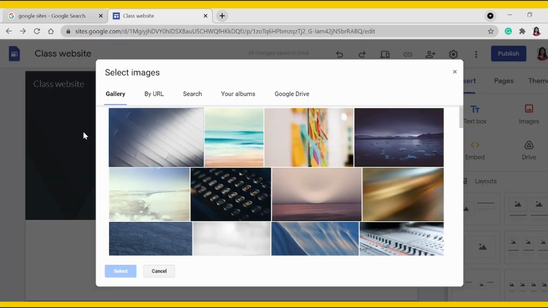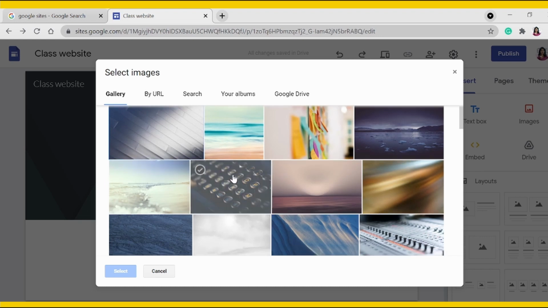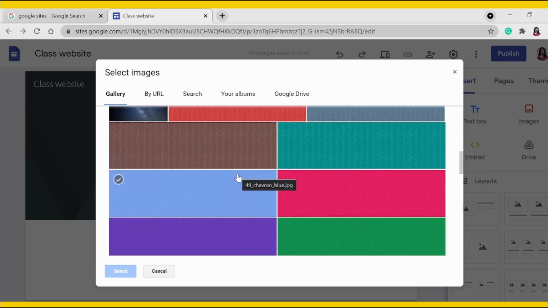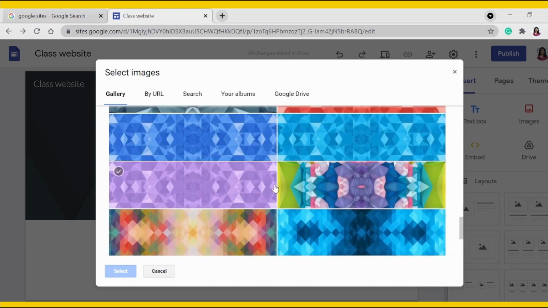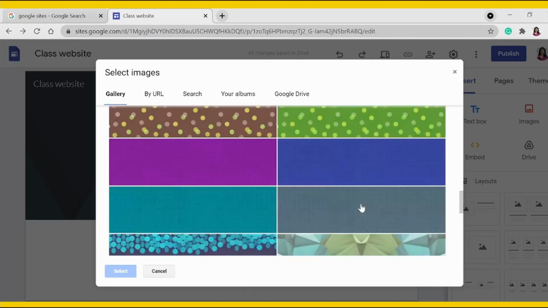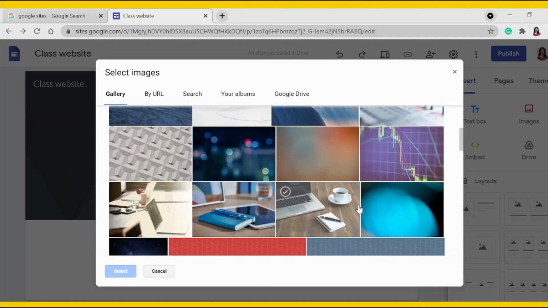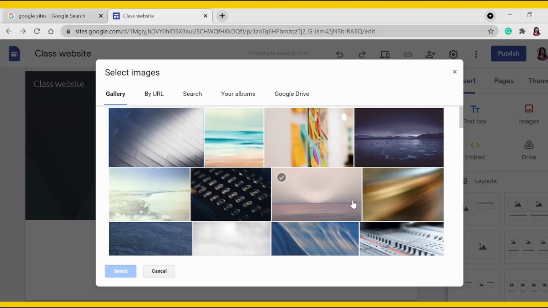You can also upload your school image or class photograph here, so it will look nice. So I will select one image for my website. Let me take this one.